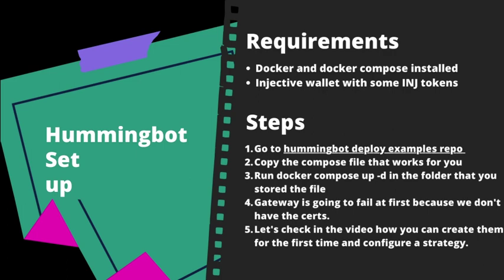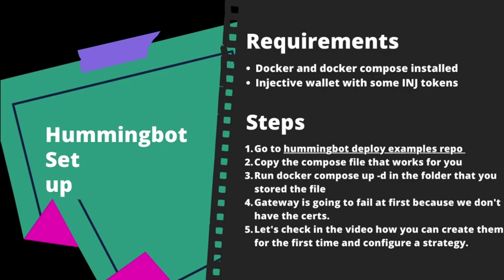And well, once you know your Injective address, go to Binance. I think that Binance is the cheapest one because yesterday I transferred assets and it cost me like 20 cents. And when I was trying on KuCoin, it cost me like $1 or something like that. So Binance is a little bit cheaper. So probably you can go to Binance, buy some Injective tokens and send them through the Injective network to your Injective wallet. Once you have that ready, you have to go to the Hummingbot deploy examples repo